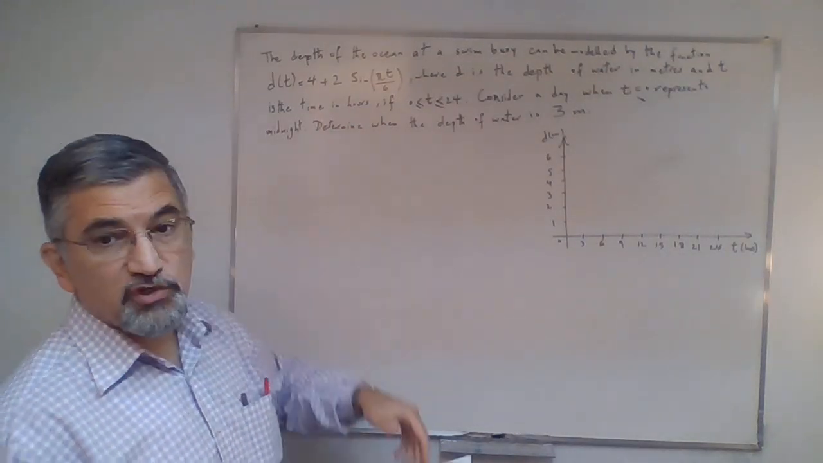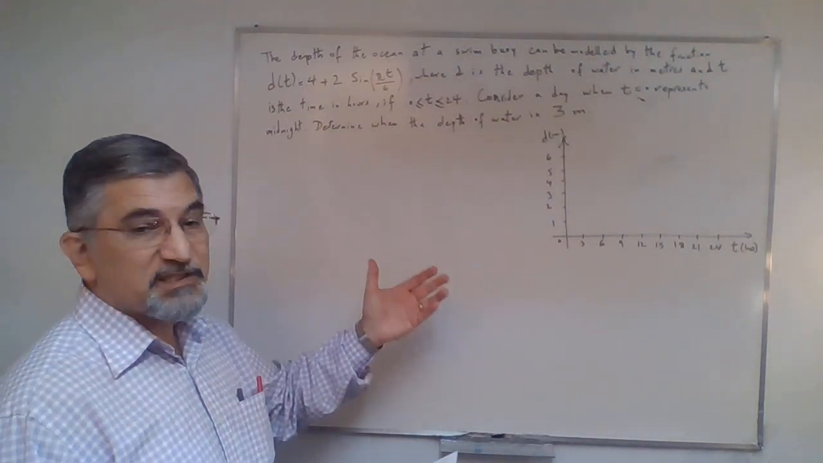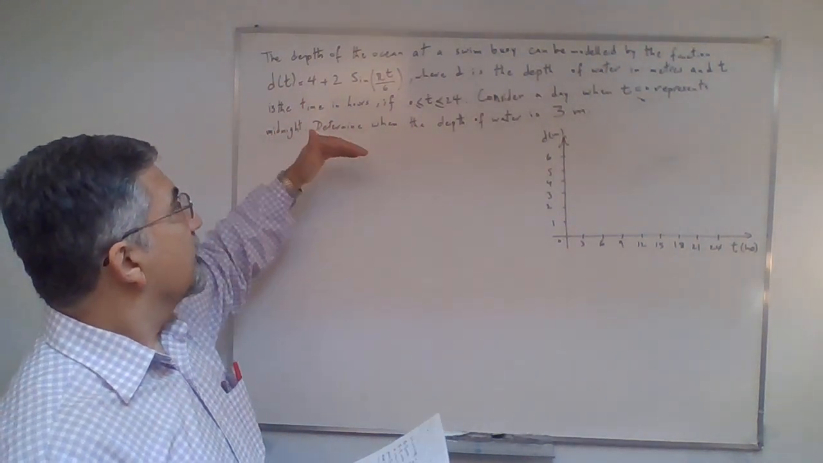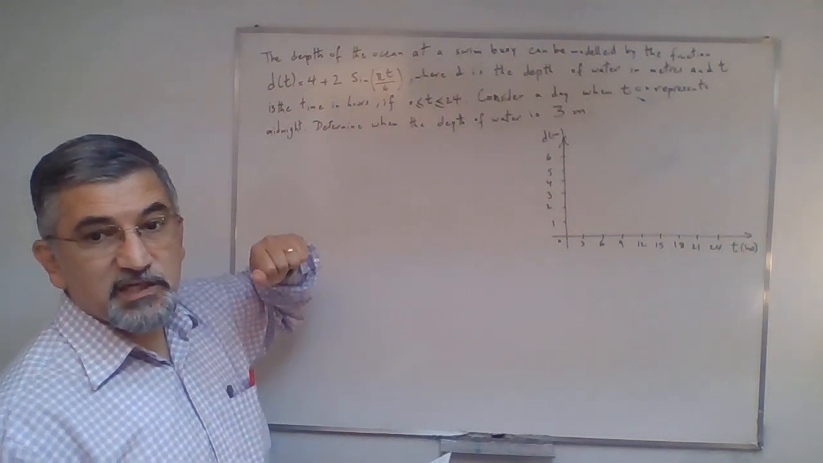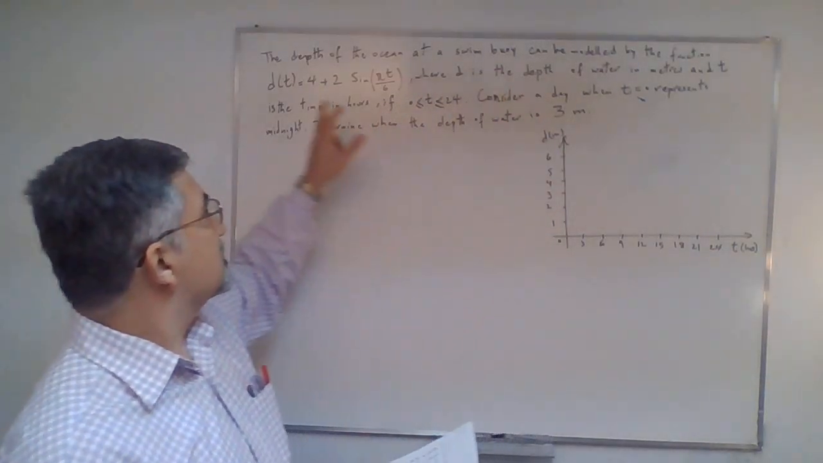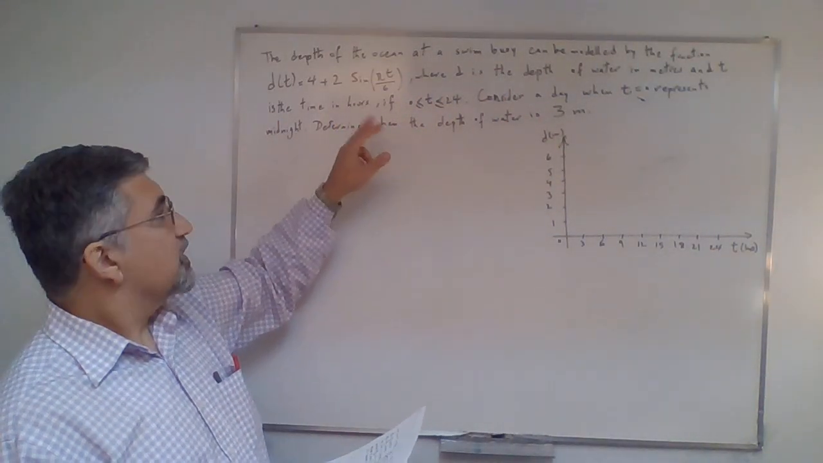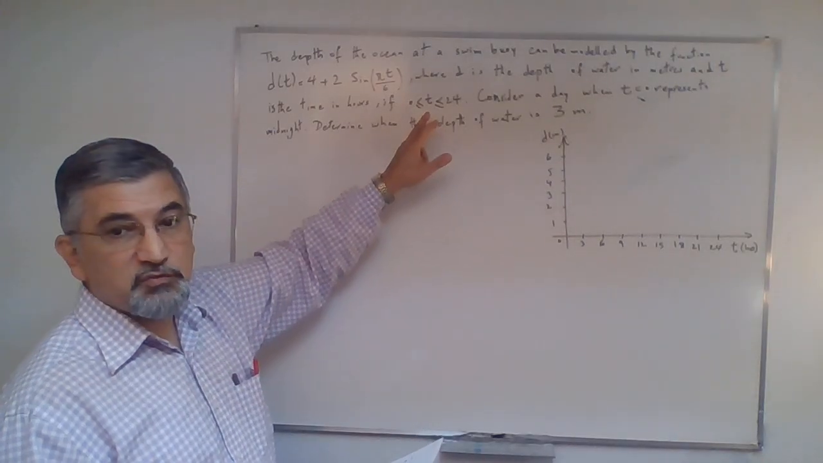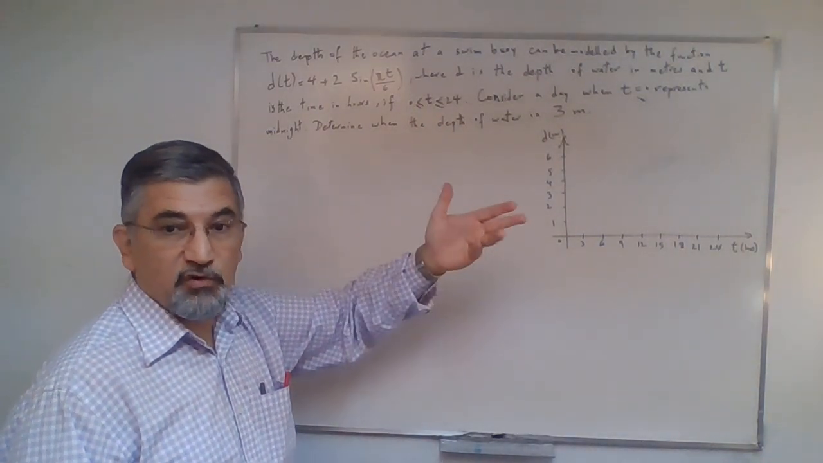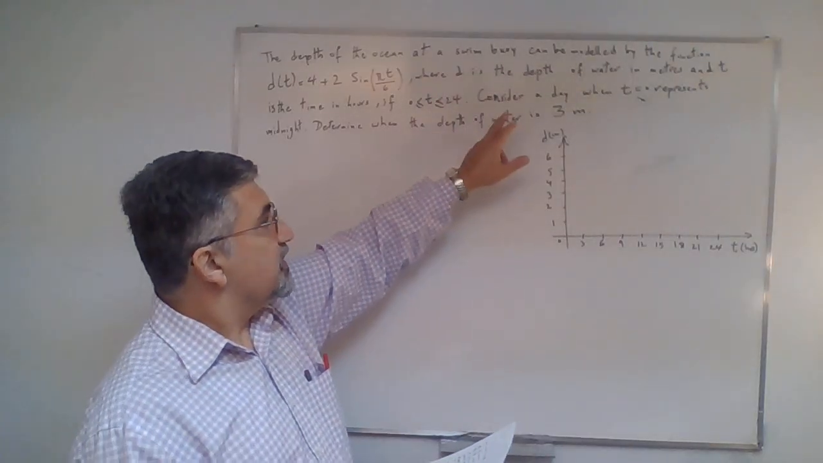So this is a trigonometric function. Specifically, it's a sinusoidal function that is used to model the depth of the ocean at a swim buoy. And d is the depth of the water in meters, and t is the time in hours. If t, the time, is between 0 and 24, that is one whole day, 24 hours basically, then it says